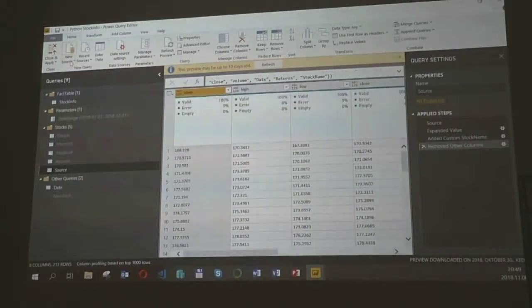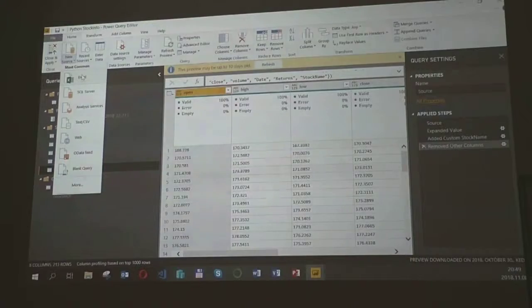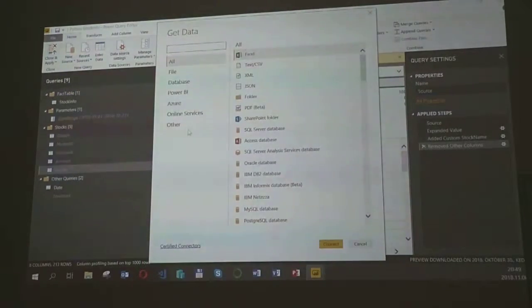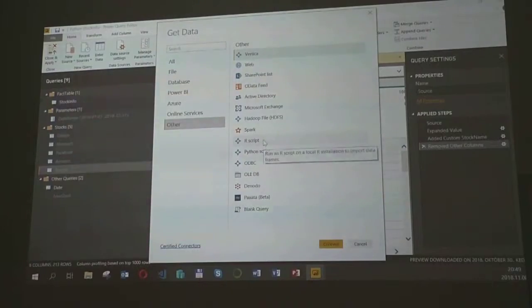You can see the new sources. Power BI can connect to Excel, SQL Server, all kinds of data, and in the other group you can use R script and Python script.